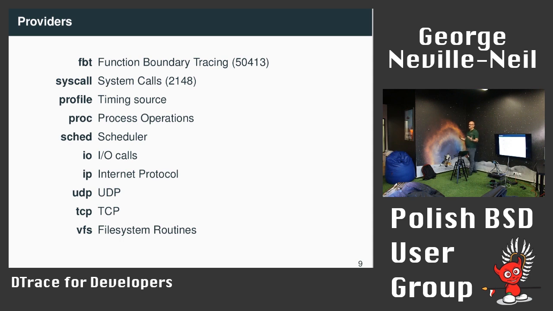So when you rebuild your kernel, you don't have to set any options. By default, the kernel build process not only takes the source code and turns it into object code, but also runs a tool called CTF convert that builds these big sets of trace points. So this will change every time someone changes the kernel, right? System calls are fairly static. Thankfully, people don't add or remove system calls very often. But every time someone changes a kernel function, the function boundary trace points will change,